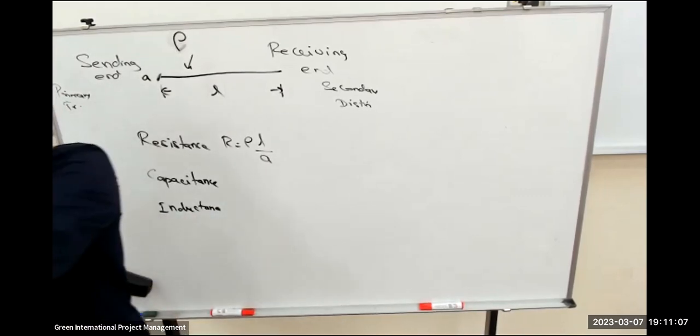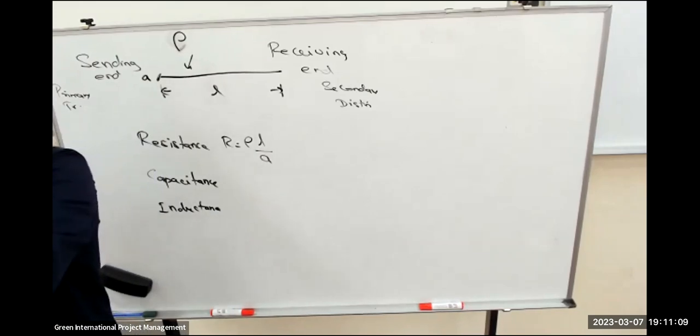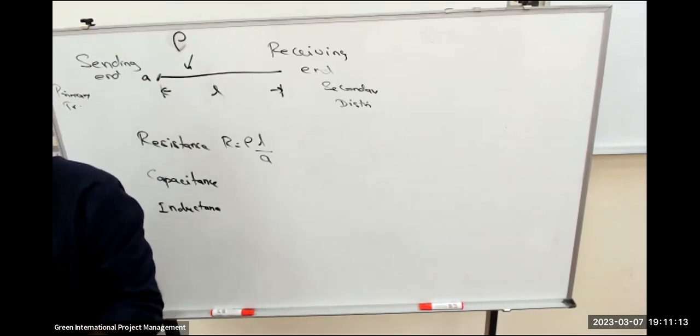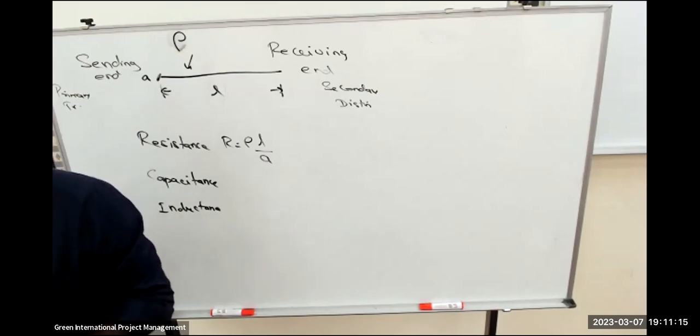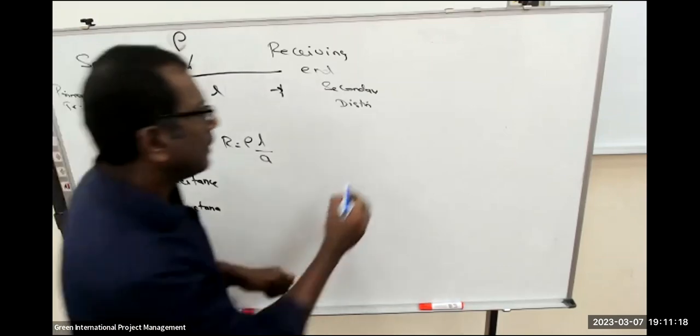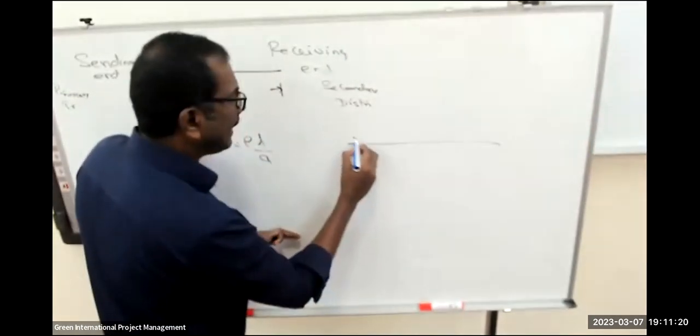And this conductor carries current. So it's a current carrying conductor. What will happen? The flux is produced in the conductor. Just like that. So usually if it carries the current,